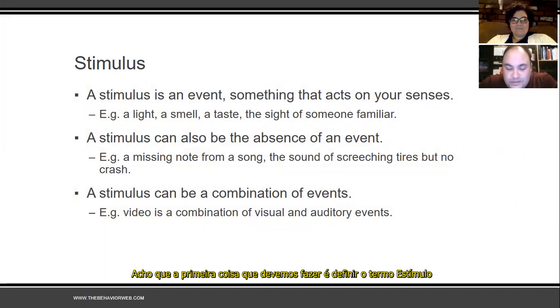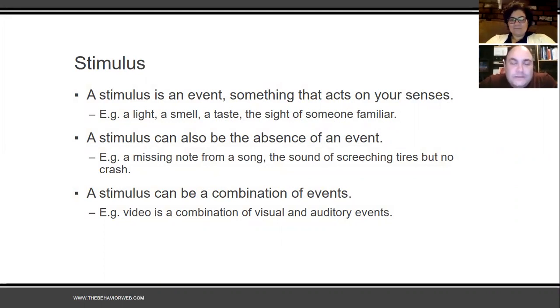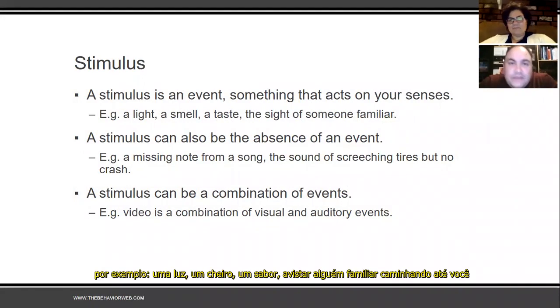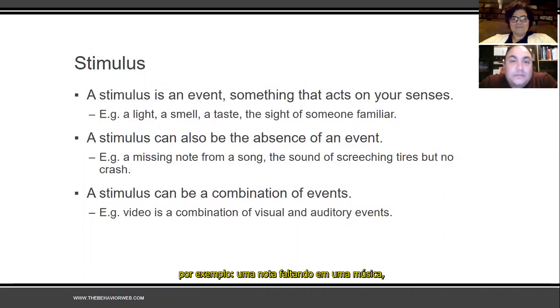I think the first thing we should do is define the term stimulus. So a stimulus is a stimulus event, something that acts on your senses. For example, a light, a smell, a taste, the sight of someone familiar walking towards you. All of these act on your senses, and it's the way that we interact with the environment. A stimulus can also be an absence of an event. So, for example, a missing note from a song, the sound of screeching tires that's not followed by a crash,